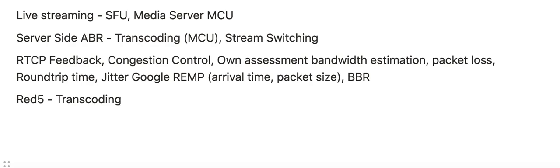In a scenario with hosts having good connectivity and capable clients, client-side stream switching may be preferable. This approach leverages the client's ability to adapt to varying network conditions and doesn't require server resources for transcoding. However, server-side transcoding and stream switching offer centralized control and can ensure a consistent experience across different clients, especially valuable in live events. Ultimately, the choice depends on